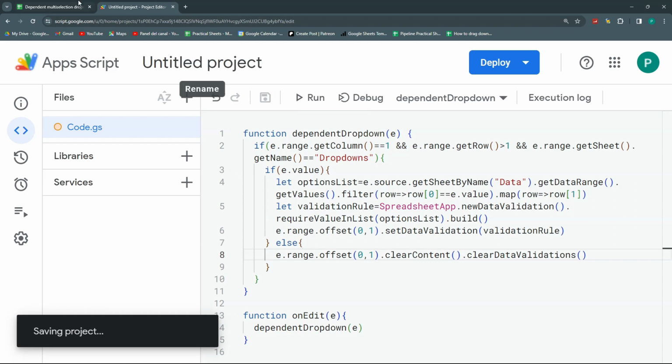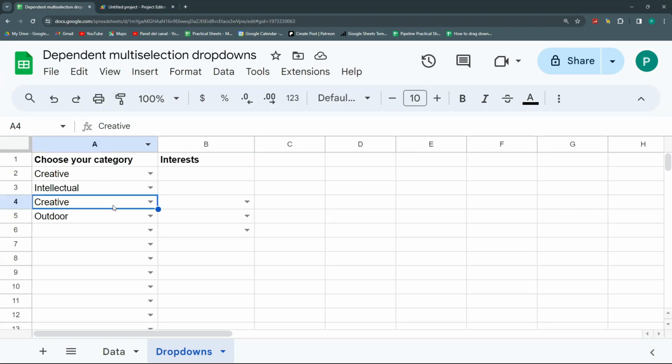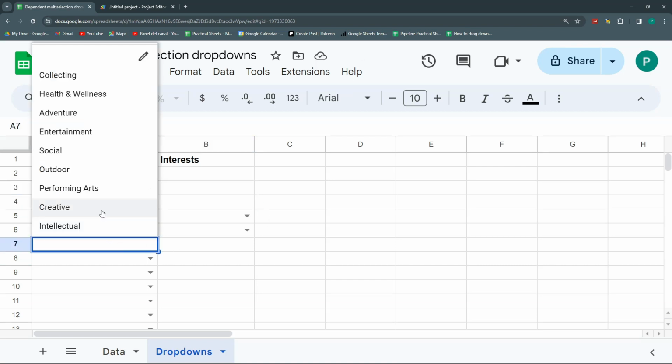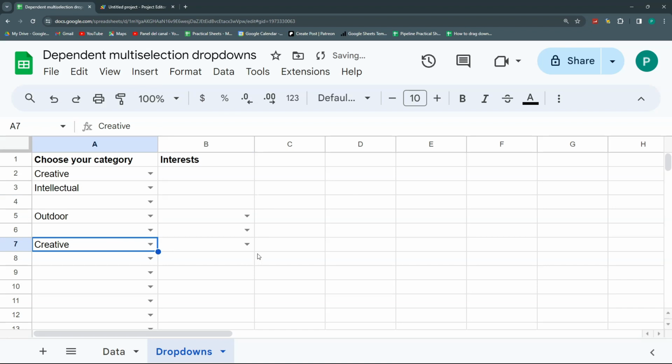Okay, so let's save again and let's try it. If I delete here, then it deletes the data validation and any data I have. For example, let's try both. So I'll put creative, and here it goes, my dropdown appears, then I select knitting, and then if I delete, it should delete also this one and the data validation. So this looks nice. Just going to clean everything up,